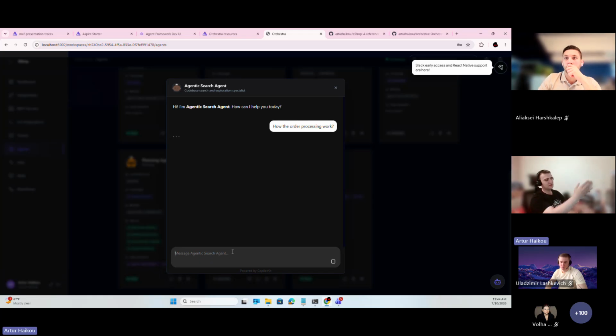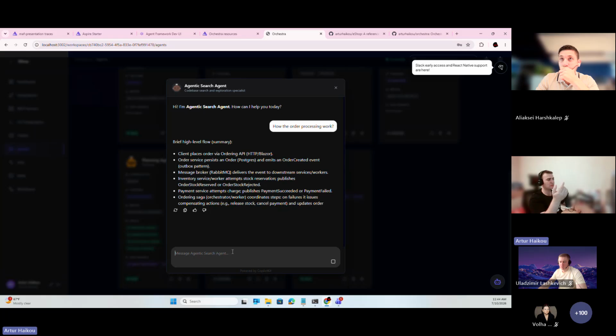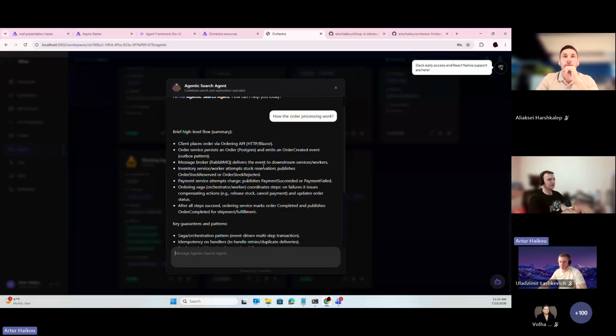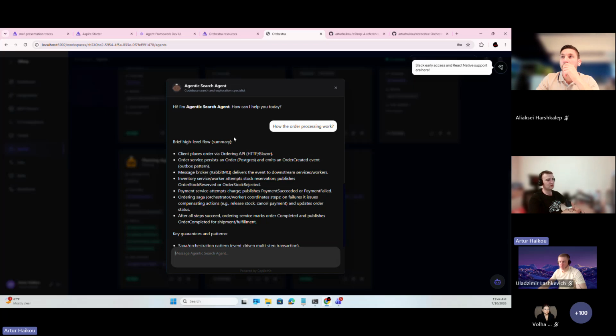Let's wait. Again, as you can see, it's a GUI protocol based on the Copilot Kit framework for React. But if I'm not mistaken, we have some frameworks for Blazor as well for using a GUI protocol. And we receive an explanation of how the order processing works in our repository.